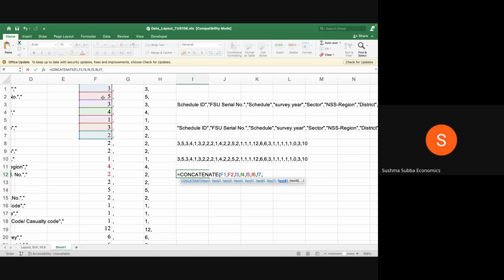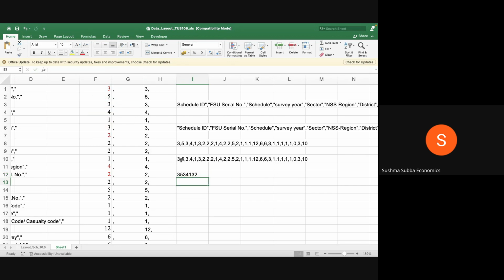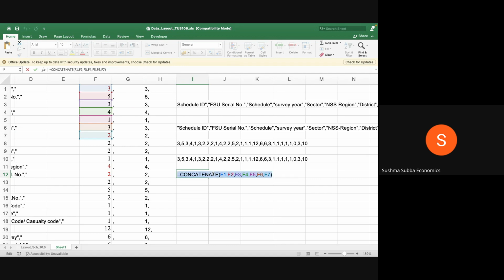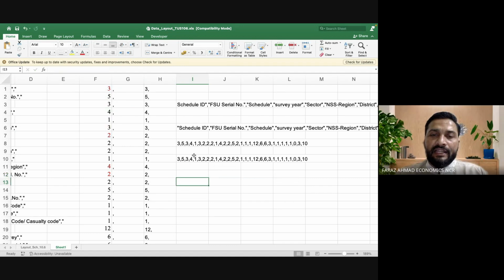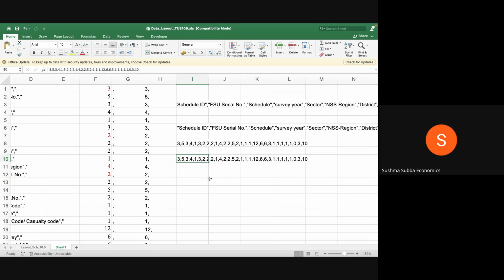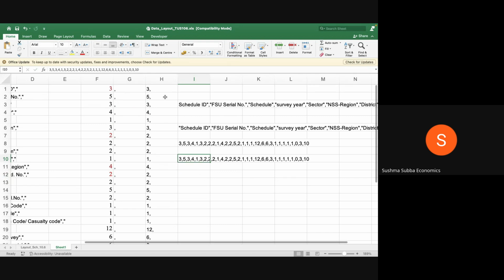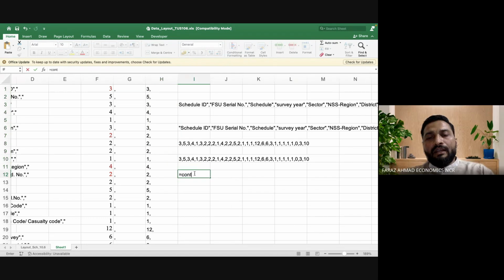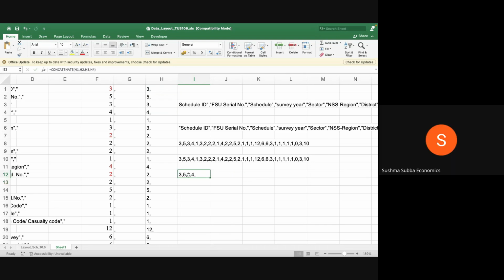वो हो गया, उसके बाद क्या करना है सर, वो जो आपने हॉरिजॉन्टली किया? लेकिन इसमें तो कॉमा आ ही नहीं रहा है। नहीं मेरे में तो आ गया कॉन्कैटिनेट करने से। कॉमा आना चाहिए, ऐसे आना चाहिए। वर्टिकल आ गया, हॉरिजॉन्टल के लिए क्या करना है? अब वर्टिकल का पूछ रही हूँ मैं, जो आप बोल रहे थे वैल्यूज कॉपी पेस्ट करके। हाँ कॉन्कैटिनेट, उसके बाद आप इसको लीजिए, कॉमा H2 कॉमा H3 कॉमा H4 ऐसे करिए, एंटर करिए, आ जाएगा। अच्छा, ओके फाइन।